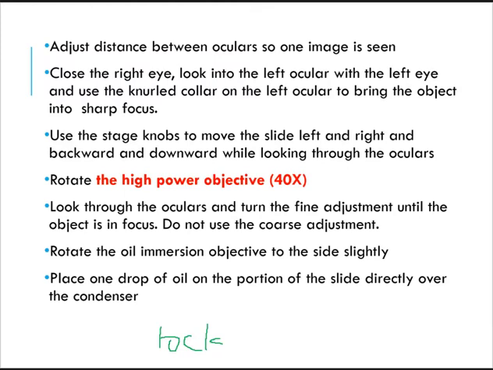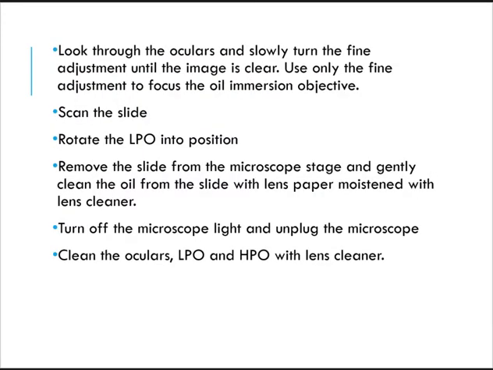So anyway, we have here: rotate the oil immersion objective to the slide slightly. Place one drop of oil on the portion of the slide directly over the condenser. Look through the oculars and slowly turn the fine adjustment knob until the image is clear. Now scan the slide, and rotate the LPO into position. Remove the slide from the stage and gently clean the oil from the slide with lens